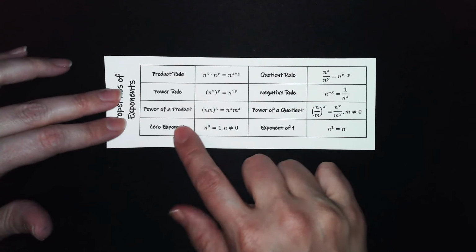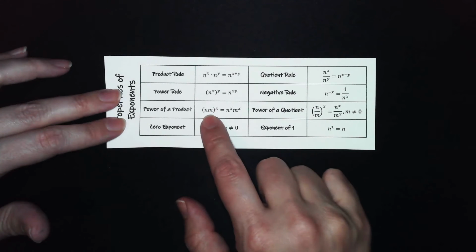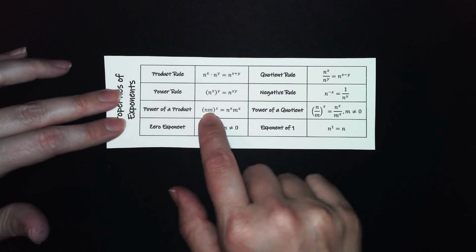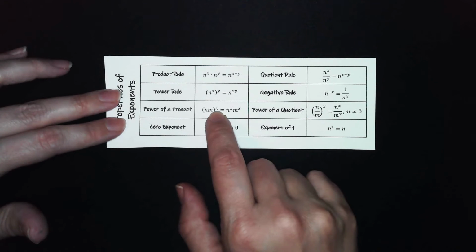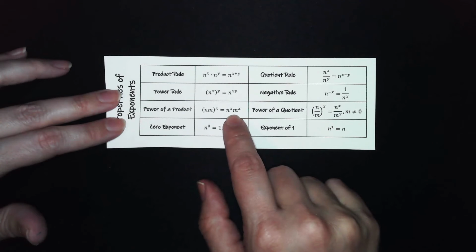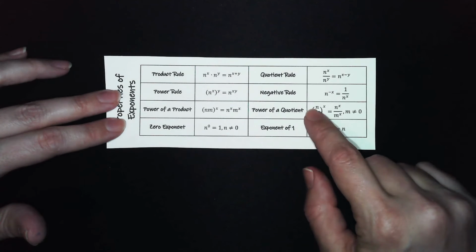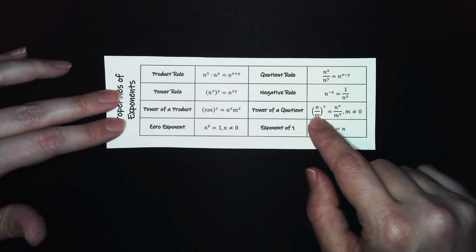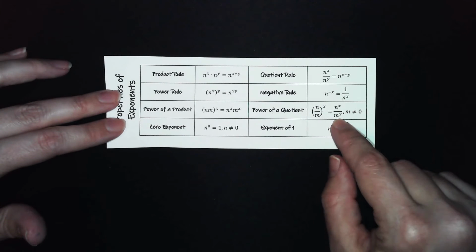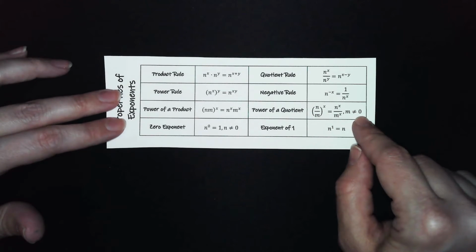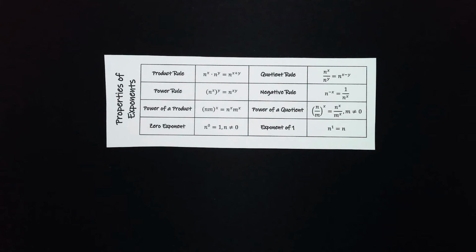So a power of a product. This time I have two terms multiplied together, and I need to take them to a power. That means each term inside the parentheses is taken to that power. The power of a quotient is the same rule. Inside my parentheses I have a quotient. Each term has to be taken to the power, and obviously m cannot be 0